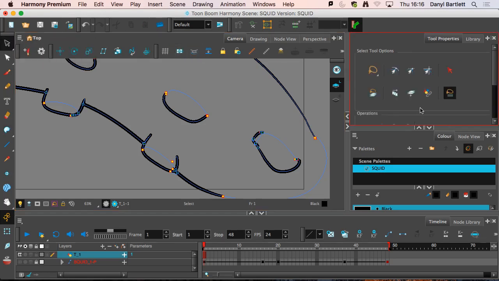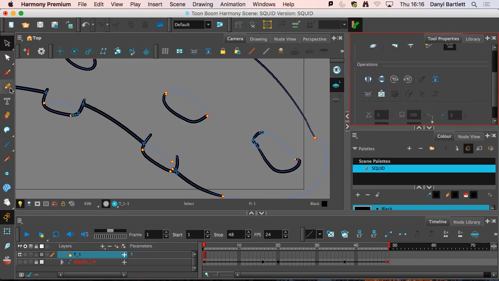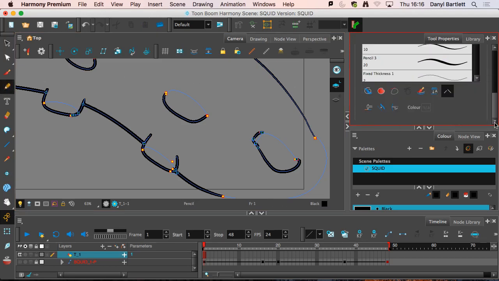There is another version of it somewhere as well. Where is it? I think it might be in the pencil tool settings. Yeah, there it is. In the pencil tool, you can actually change it. So it says automatically create color art. That's a really helpful thing to do. So it just flattens. Every time you draw a line with the pencil tool, it sends the stroke to the color art layer. Now, what that means for when we're applying color is if I now go down to the color art layer,